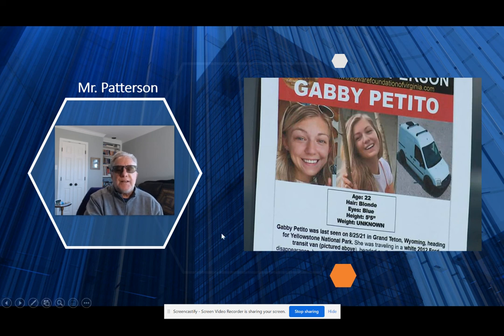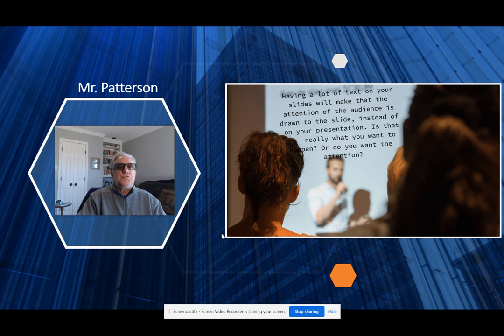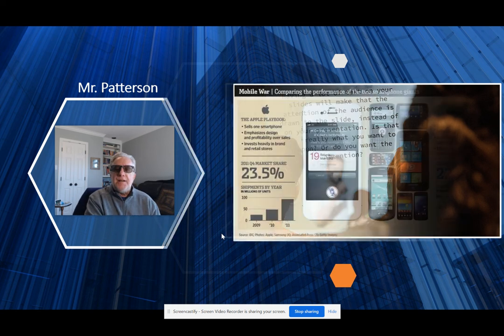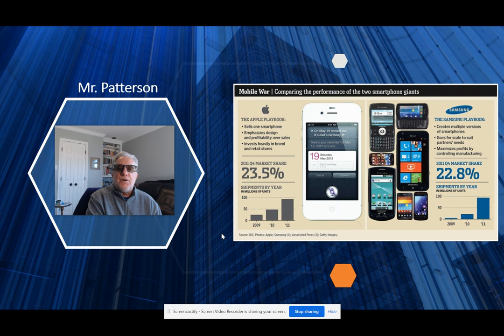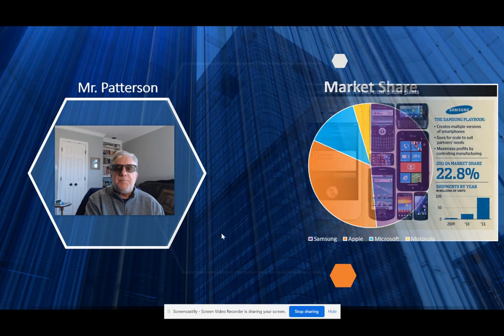The next thing I'd like you to consider is try not to put so much text onto your slides, and even bullet points. Rather, use graphs and charts and maps. Here you see an infograph. Even that, in my opinion, and there's a temptation to use infographics, but even an infograph, in my opinion, is a little busy to be a good visual aid. This is something that I'd like to see in a magazine or online, but not necessarily a speech.